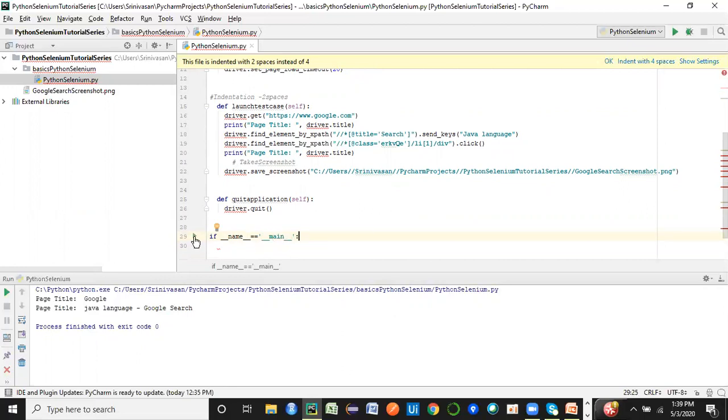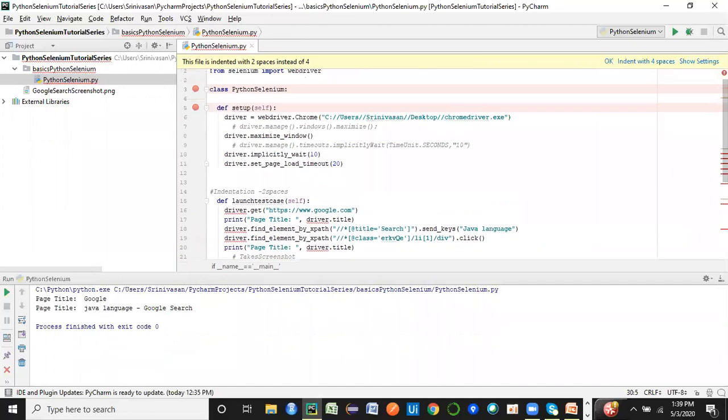So if you can see, this arrow is shown. This is where Python would be able to start the execution. This is going to be the starting point of a Python program. And if you leave a couple of spaces here, now you can start your individual statements within this main method. So I can give a comment here: main method in Python is written this way. We have to use an if condition such that this name variable is equal to main. Then you can recognize that as your main method.